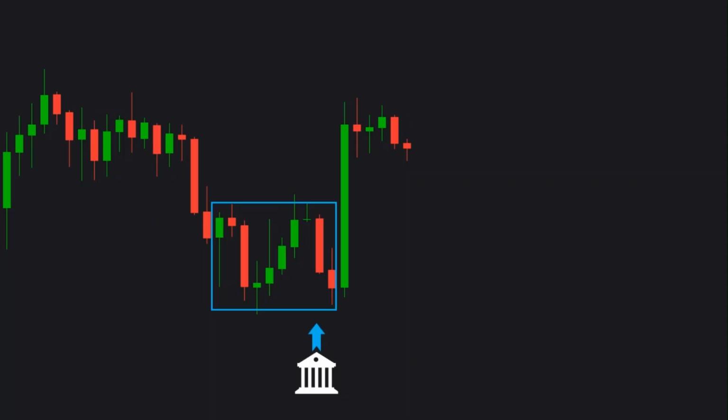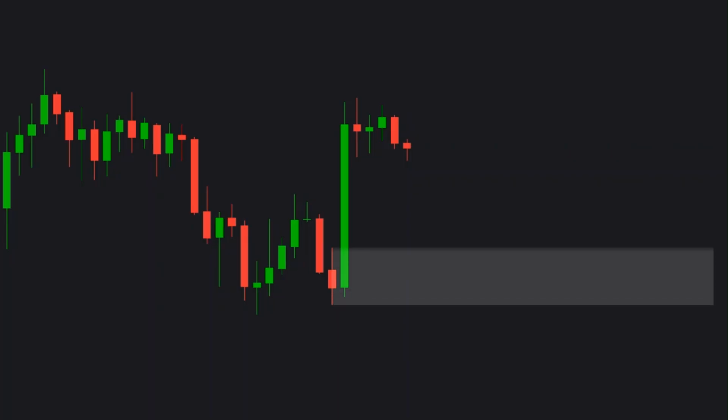If you could know exactly where the big players, banks, institutions, and smart money are likely to enter the market, would that change the way you trade? That's the power of supply and demand. Unlike basic support and resistance, these are not just lines on a chart, they're zones where massive buy or sell